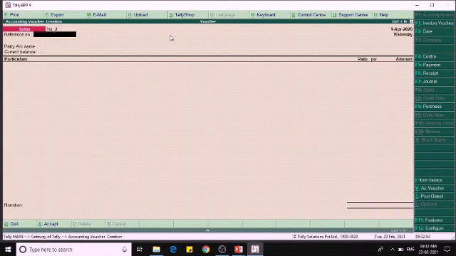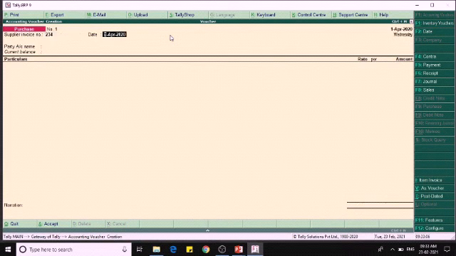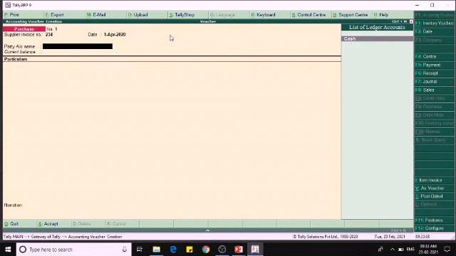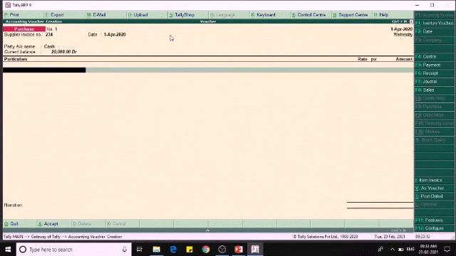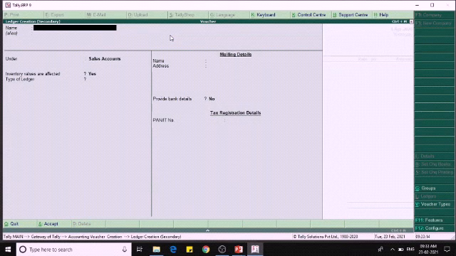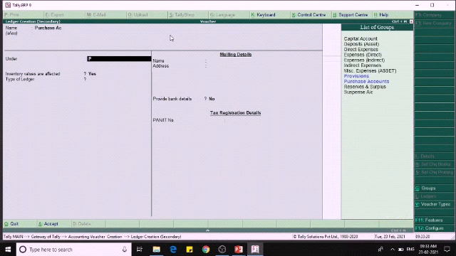So likewise we can also enable the purchase voucher. Okay, so I am giving the invoice number and the party account is cash, and here purchase account under purchases.